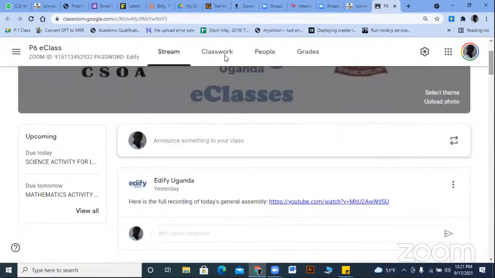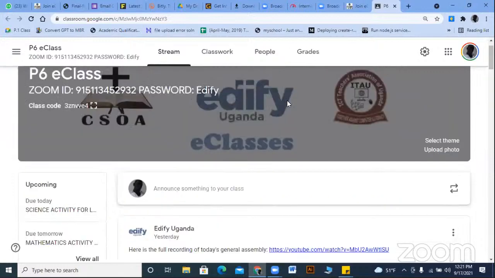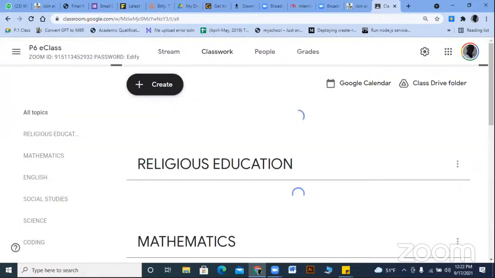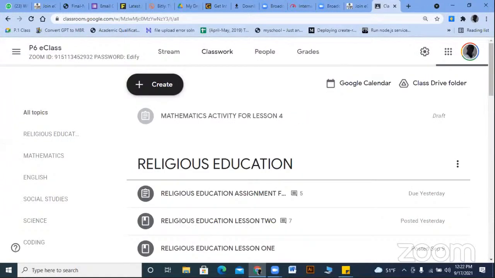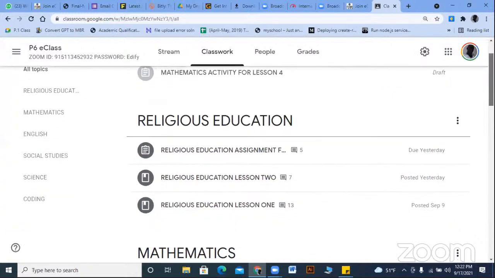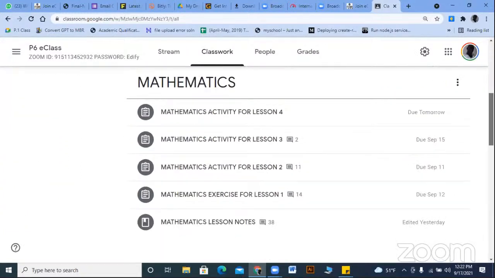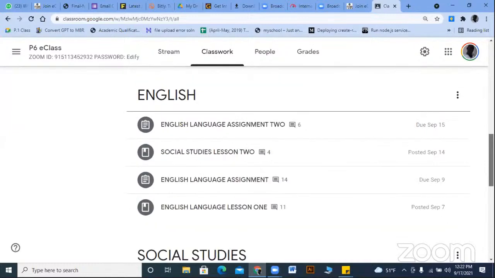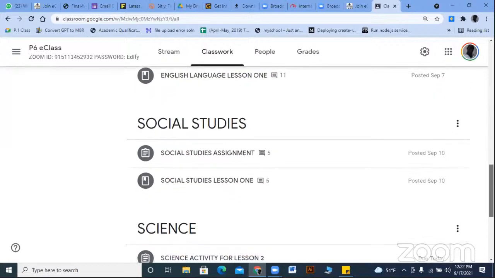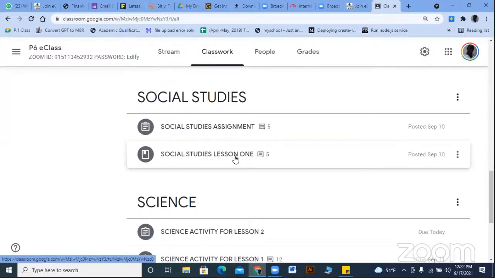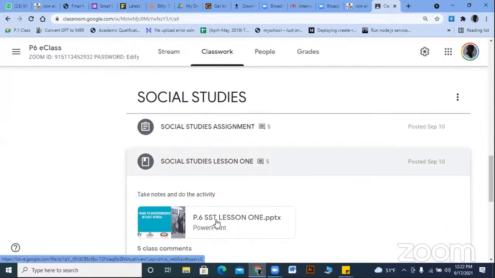So from here you can view the classwork. Under classwork, I'll be able to see the classwork that is installed there. I see religious education has notes and some assignments. I see mathematics. I see English. Oh, social studies was uploaded under English, but under social studies, I see our lesson 1. This was our lesson 1. I can open and copy down the notes if I want,